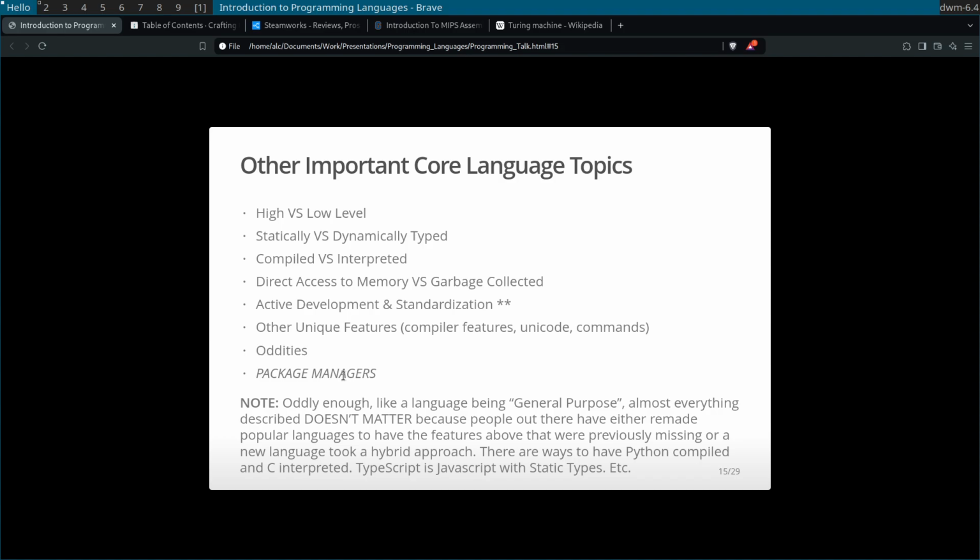Something like Arch Linux has the Pacman package manager, which actually could download packages for other languages. On the flip side, you have something like Python, which has pip. Pip is a way to download packages. You could download pip packages with your Linux package manager. There are various reasons for doing that and not doing that, but some people care about package managers because it makes things easy on them.